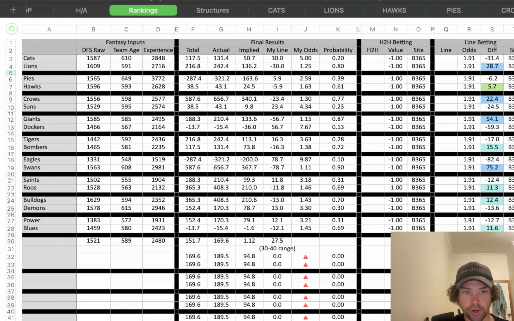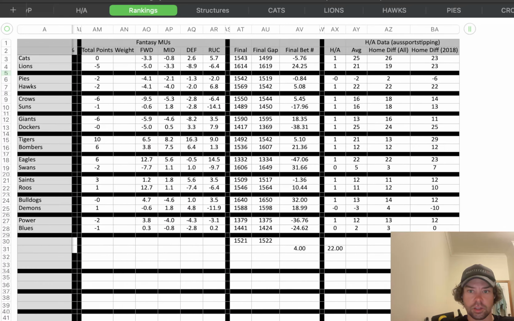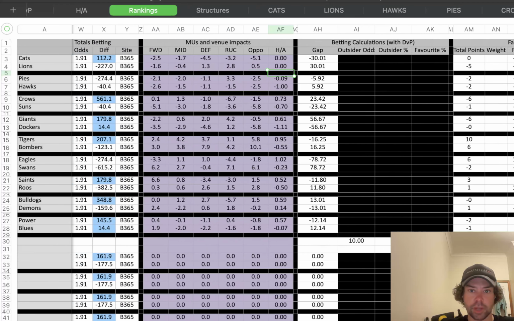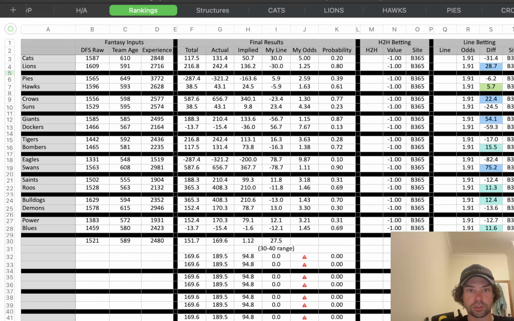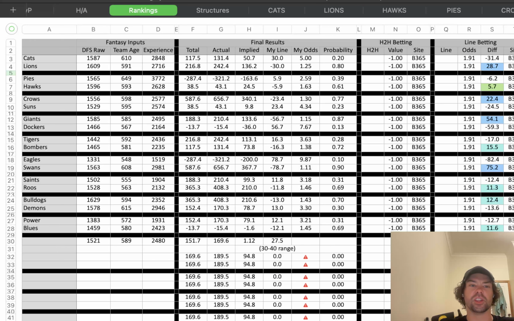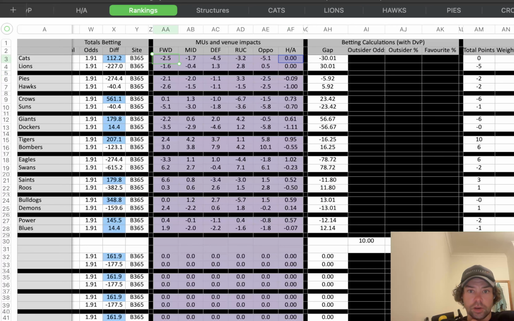And this page is very complicated. I'm not going to be able to tell you all the things that are going on here because I tried to set it up to help me with betting and whatnot. It's sometimes been useful for that, but I find I don't really have the time to consistently worry about betting. So there's a lot of columns in this sheet that aren't very useful. But these ones in purple are what I use.